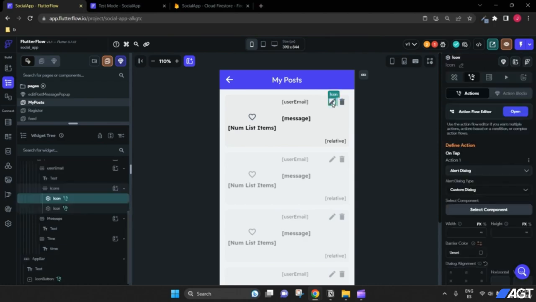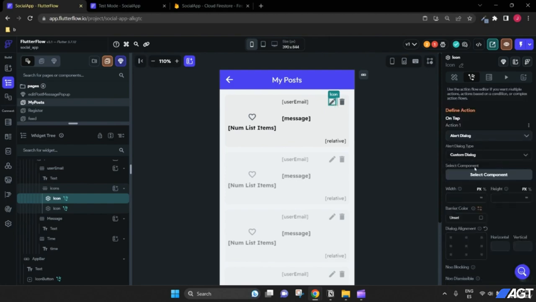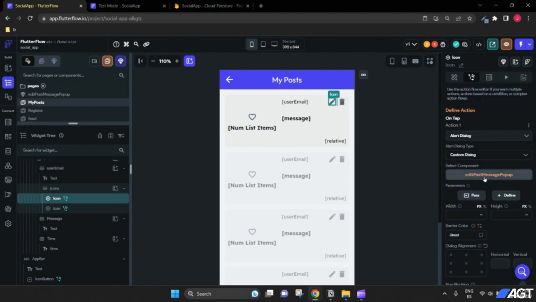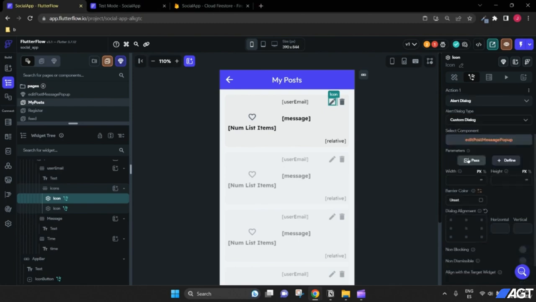Okay, so let's click on the icon, and we were here defining an action for this icon. It was an alert dialog action, custom dialog, and now we can select a component. The component that we can select, here we have the edit post message pop-up, and now this edit post message pop-up is expecting a parameter, and we have to pass it. It's mandatory that we pass it. Okay, we cannot just leave it like this. We have to pass the parameter, and the parameter is going to be equal to the document reference that this child is getting. So let's